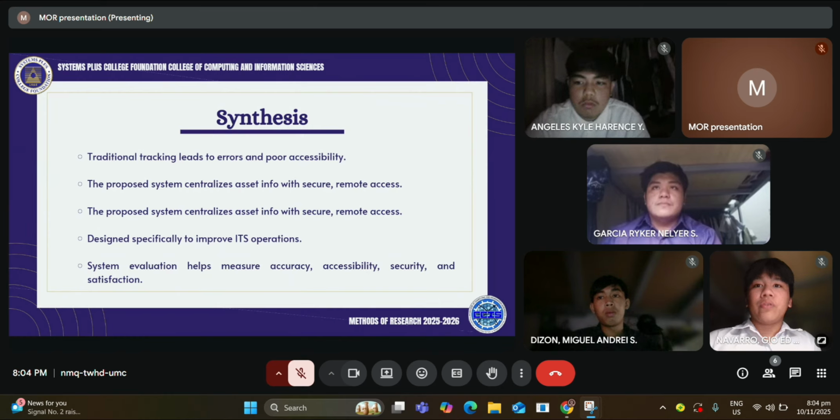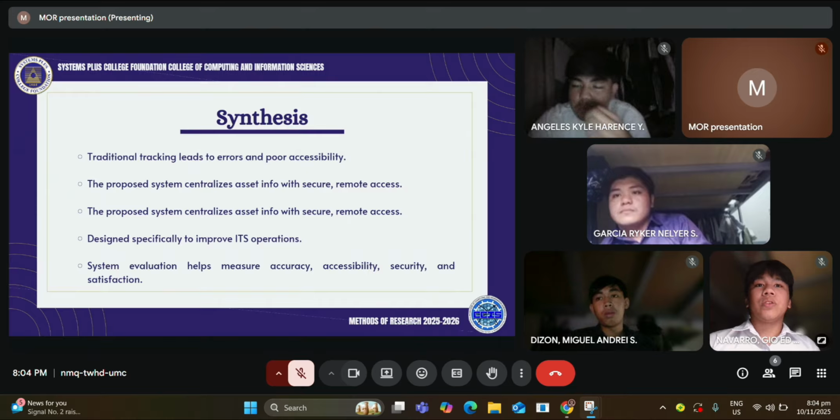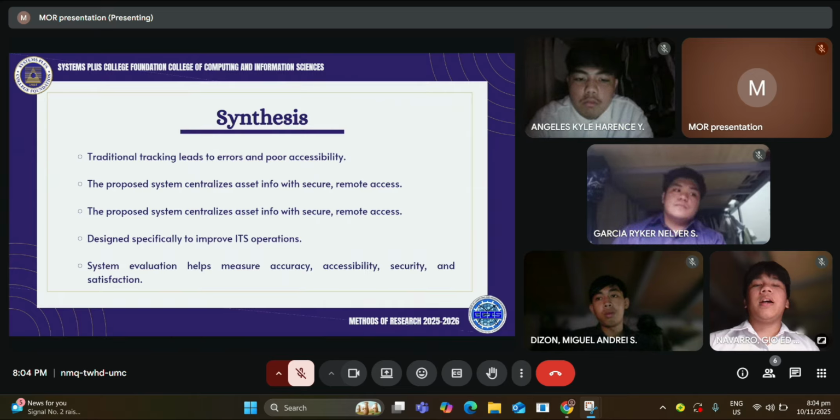To improve operations, it's made to help the IT department work more efficiently. The evaluation checks the performance. The system will be tested to see how accurate and easy to use, and how safe and satisfying it is. Next,